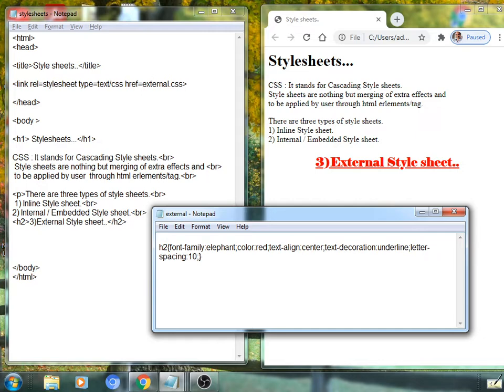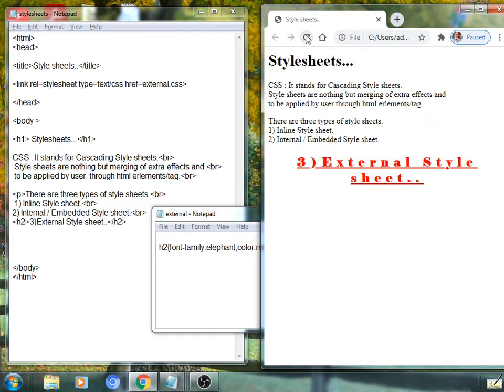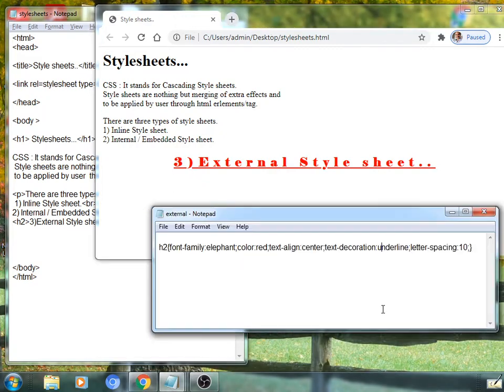Letter-spacing: 10, the value is given as 10. Save this again, refresh the browser's window. See here, its effect is applied. Every character here is displayed with such an effect.